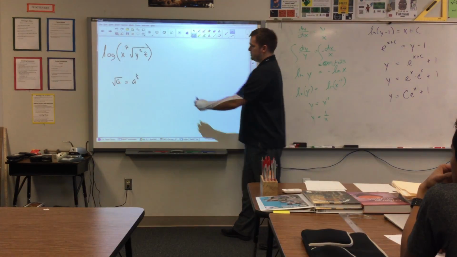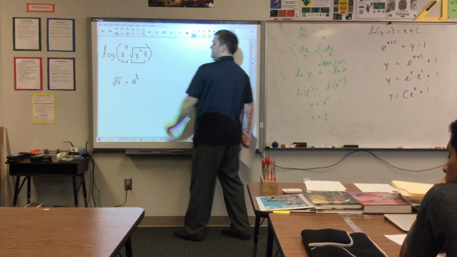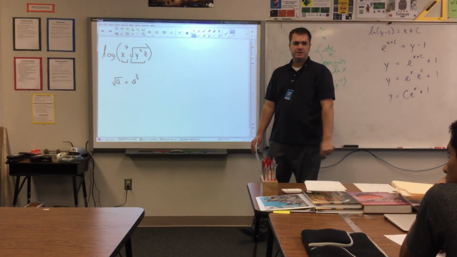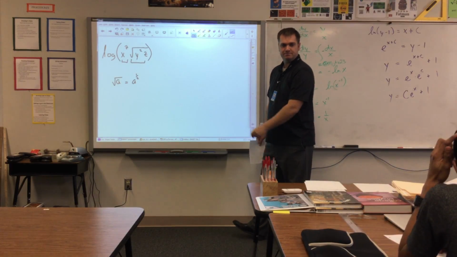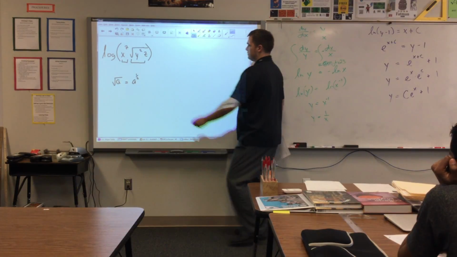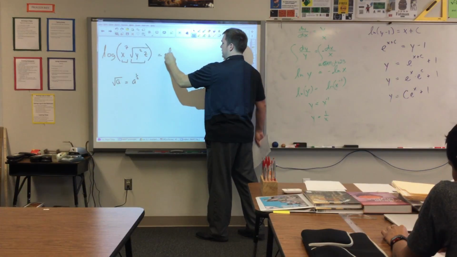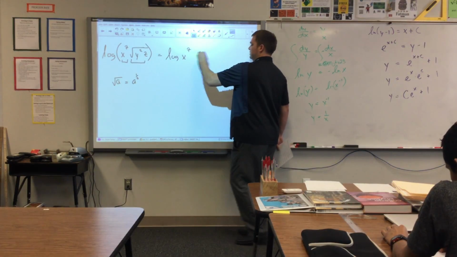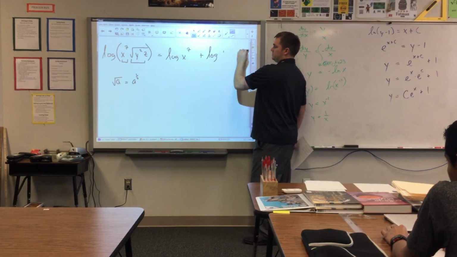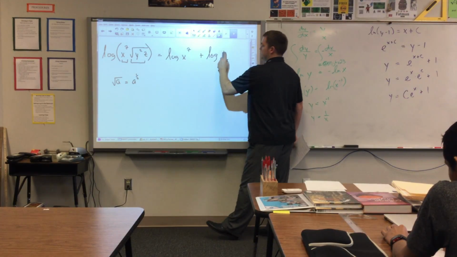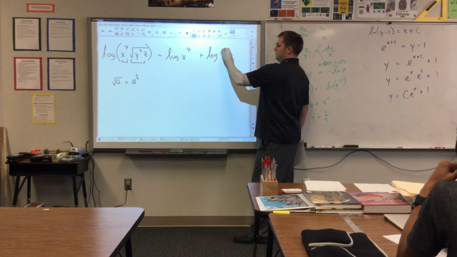So the first thing that we're going to notice is that you have this term right here, x to the 7th, and then we've got this term right here, the square root of y squared times z, that are multiplied by each other. Jesus, head up please. Let's split it up here first. We'll split the first and the second part. So this is a product, so we can say log x to the 7th plus log, and if you wanted to, you could write the square root of y squared plus z, but I would recommend just